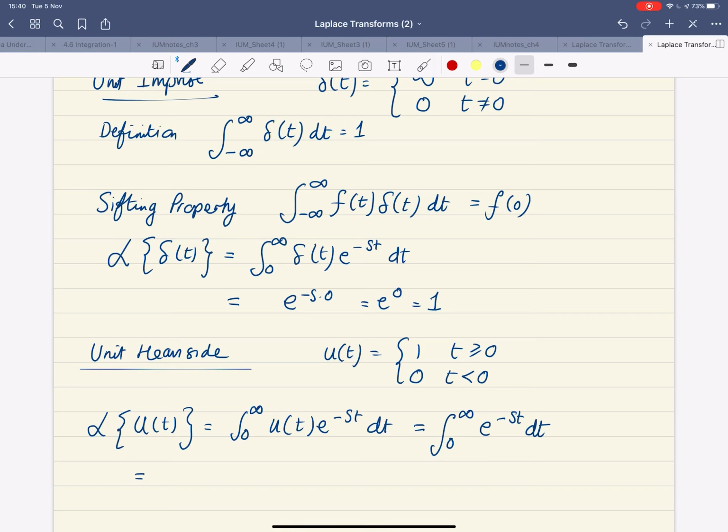The integral from 0 to infinity of e to the minus st, so it's minus e to the minus st over minus s, from 0 to infinity. Then what we do here is substitute infinity first. We've got minus infinity, so that's 0. And then it's minus e to the 0 over minus s, because we put a 0 in there. Okay, so what happens now? They cancel, and it becomes